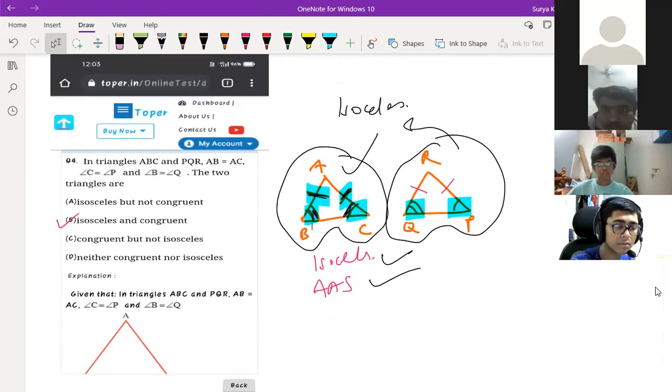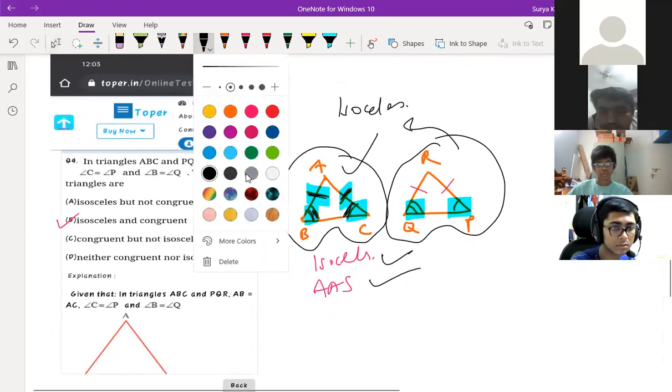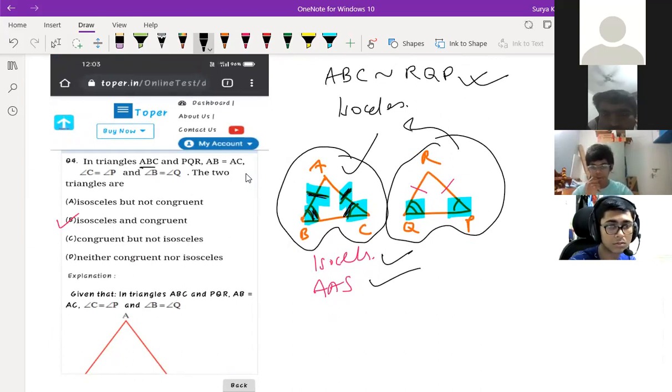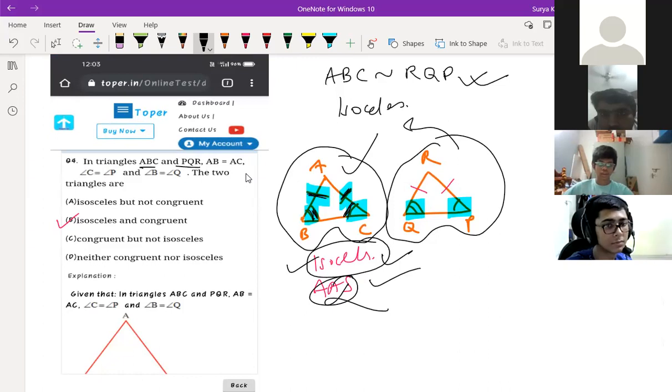Yes, see, as per the figure we have drawn here, if they give ABC is congruent to RQP, then it's okay. But they have given ABC and PQR. What Satvik told is correct. Understood, children? Both triangles are isosceles but not congruent. If you draw the figure in the PQR pattern, this won't be isosceles. If they give ABC is congruent to RPQ, then it's correct. Is it clear to everyone, children?